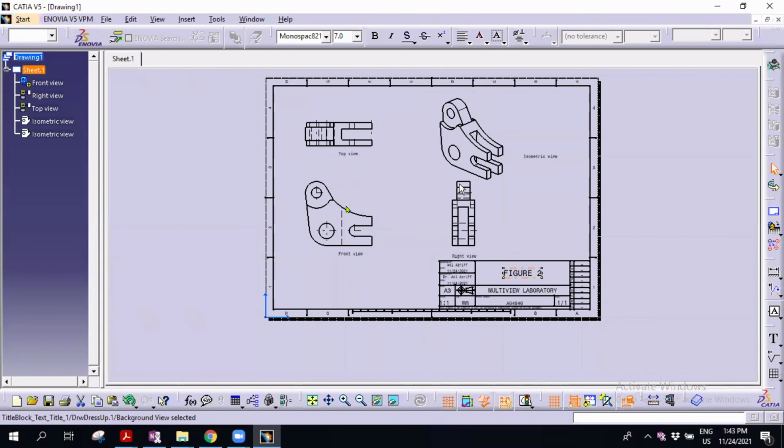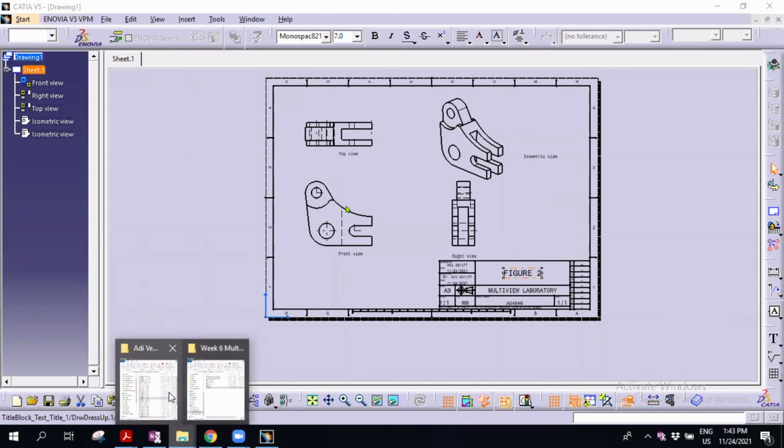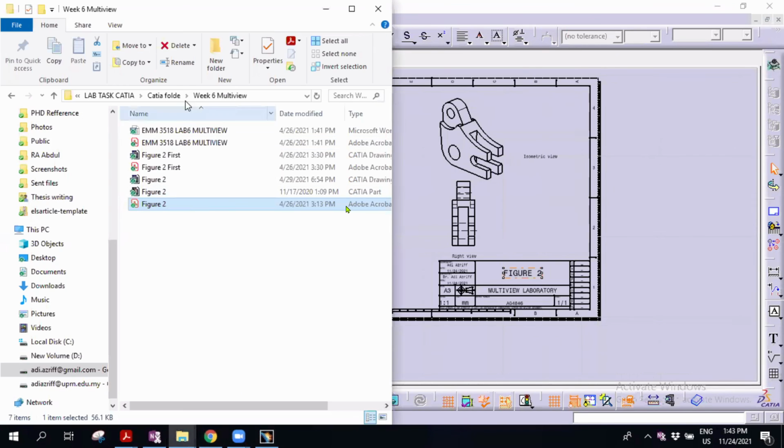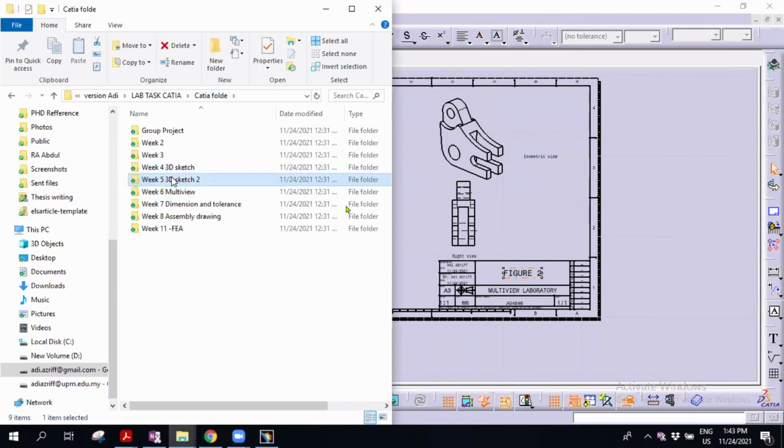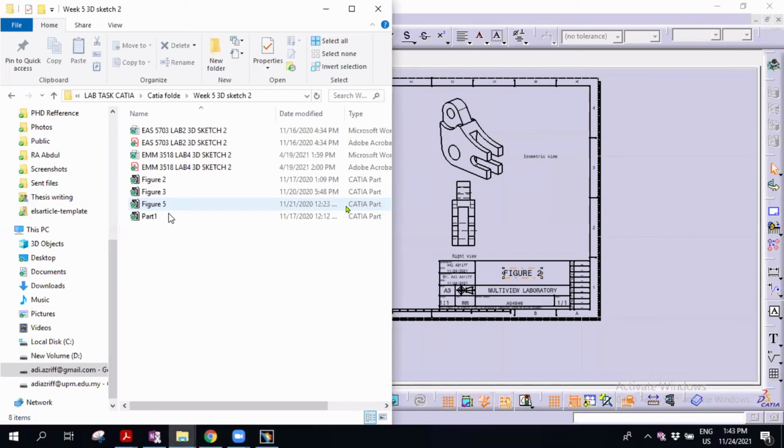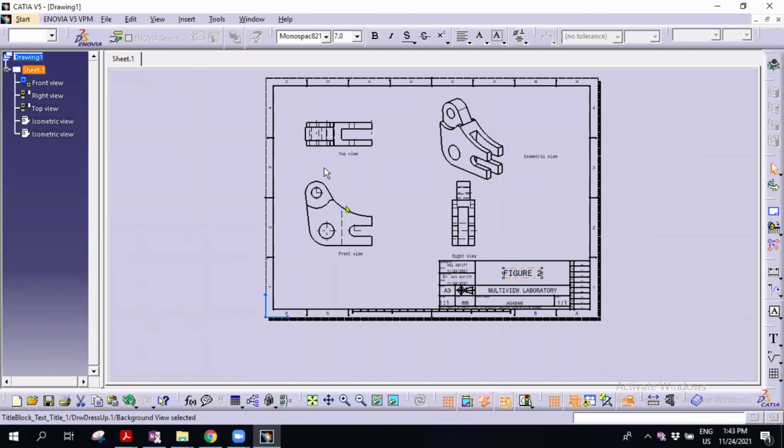The drawing of number 1. Hopefully I have the drawing of figure 2. Okay, so what you can do here, in order for you to submit in Ultrablast, you need to submit this CATIA file.